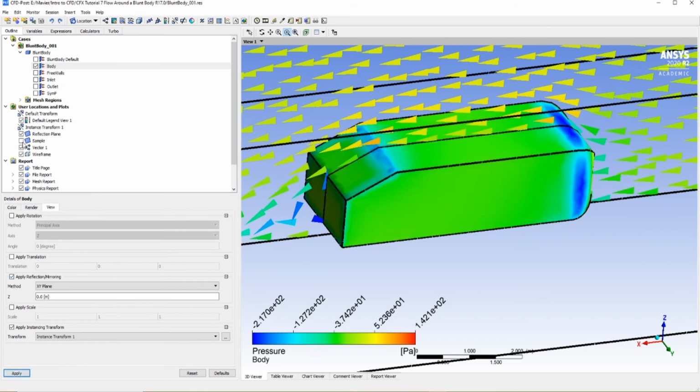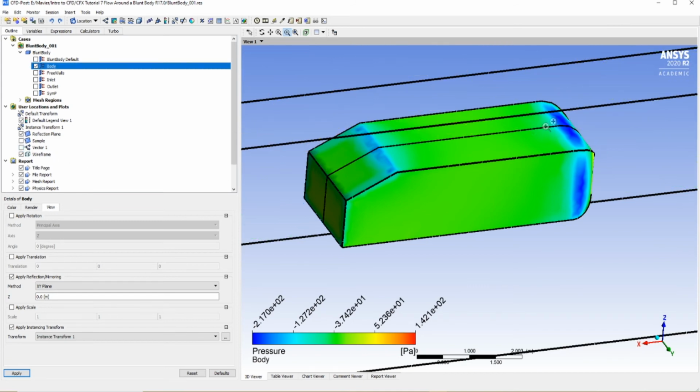And also let's clear the vectors, and here you can see the pressure distribution around the blunt body, okay? So you'll be able to see that the pressure here is negative, okay? No, sorry, not negative. The whole pressure here is negative, but the pressure here is larger than, for example, here in the front, right? Because the wind is coming from this side,